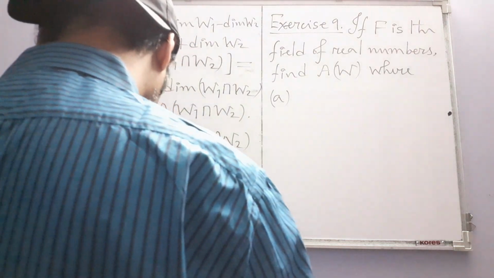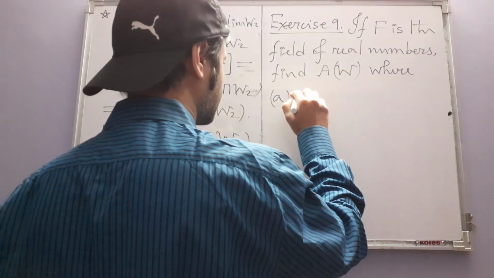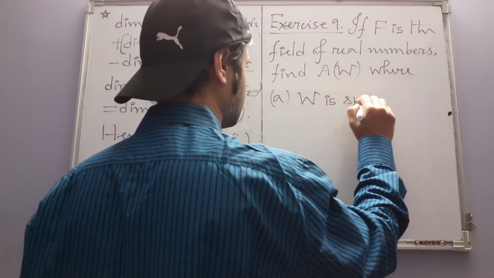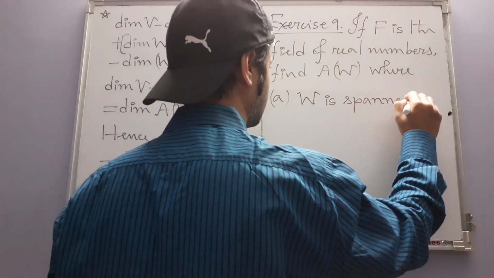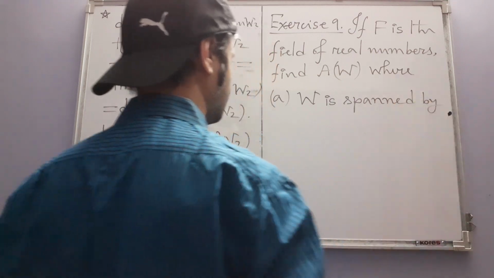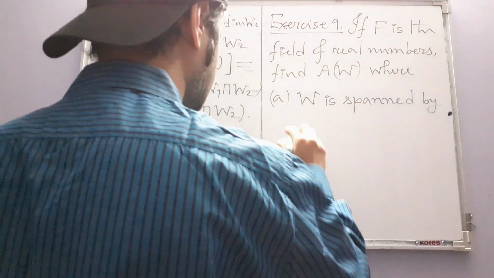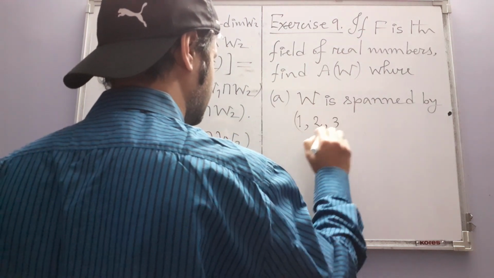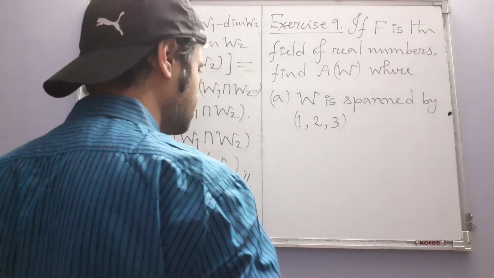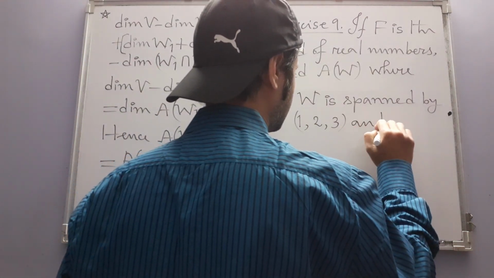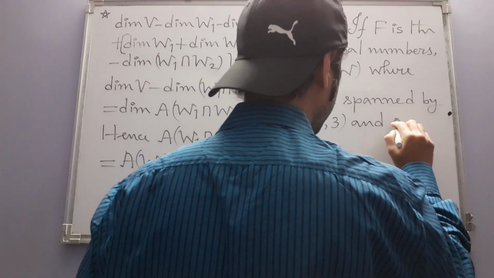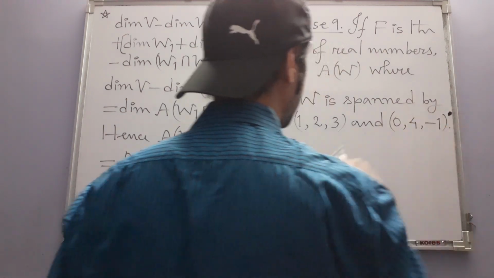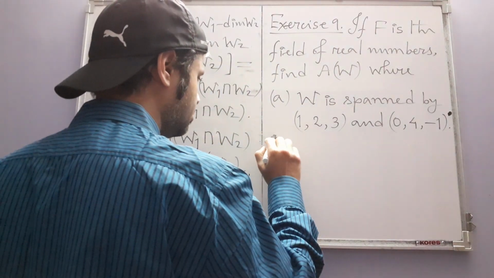A. W is spanned by these two vectors. Spanned by these two vectors, one of them is this triple in 3D real space and the other is this triple 0, 4, minus 1, and part B